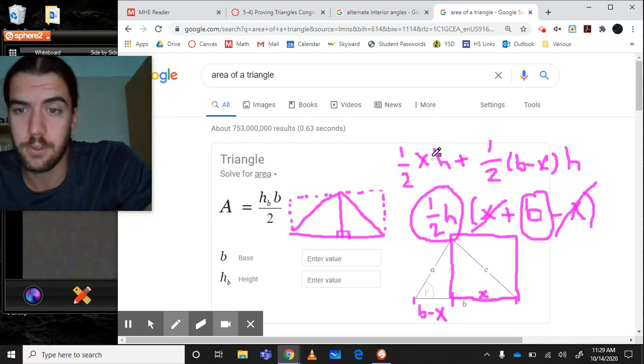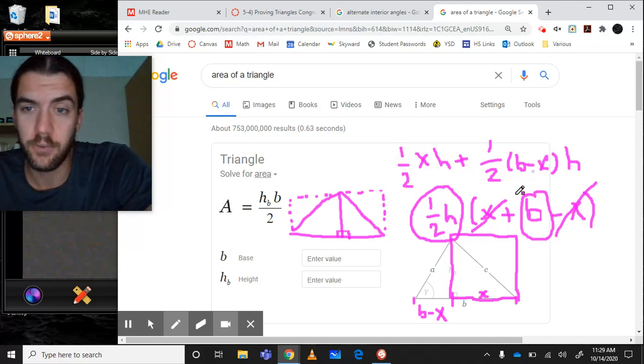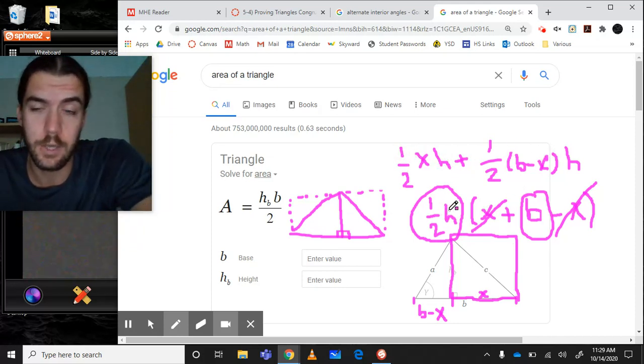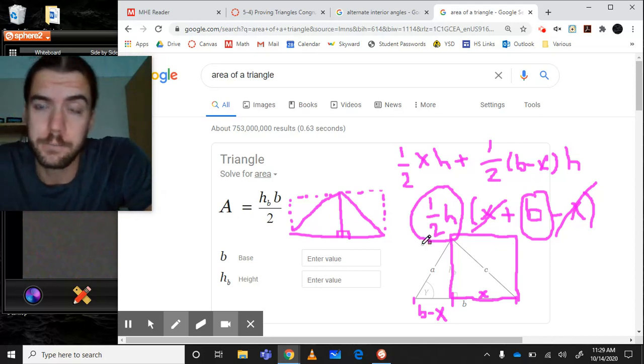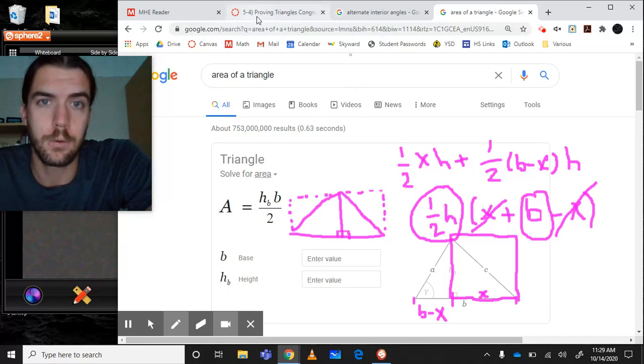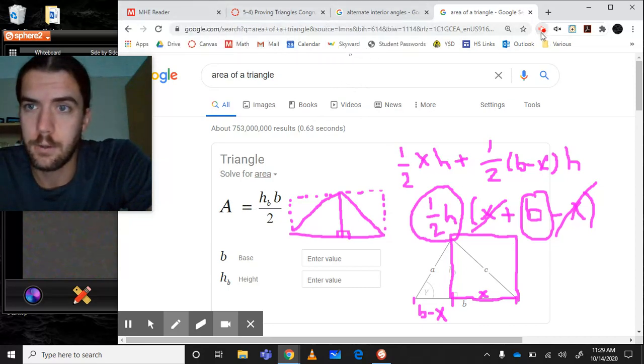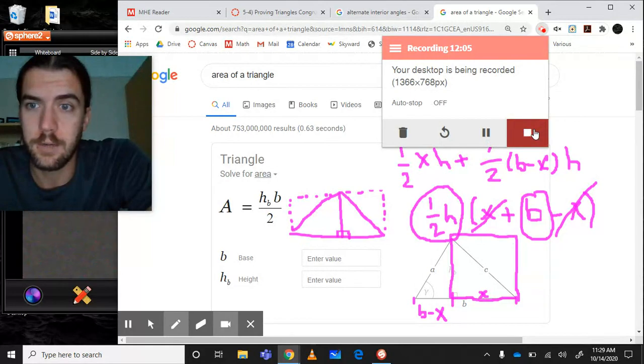Okay, so the fact that we have to add up area 1 with area 2 actually simplifies in the end to the same exact equation as if we had just started with a right triangle. So this formula, 1/2 base times height, works for any triangle. All right, we'll move on to the next example in the next